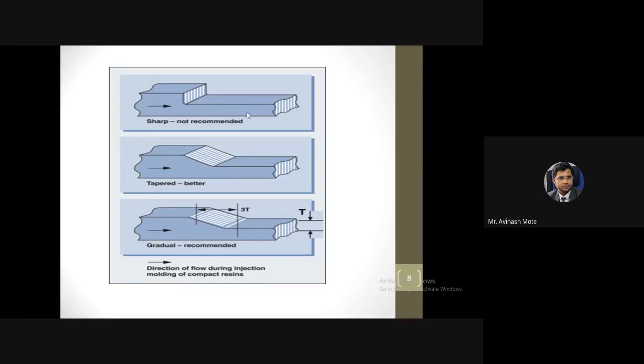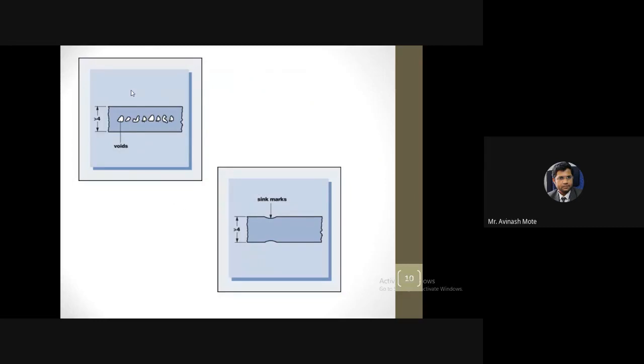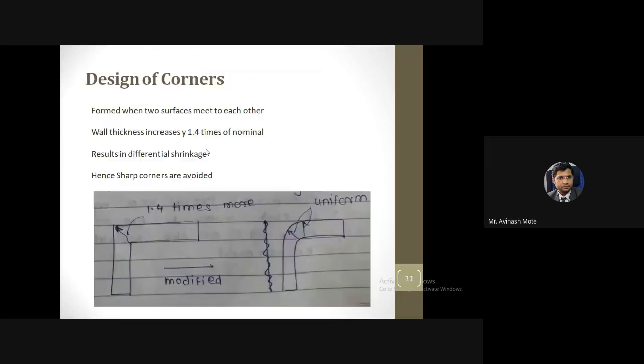There should not be an instant change in wall thickness. Rather, you should go for a gradual change in wall thickness. The reason I told you: if there is an instant change in wall thickness, the cooling rate will change instantly, and then there is a problem of distortion and crack formation. Getting it? Because at the first point there is a different cooling rate, and at the immediately next point a totally different cooling rate, so at the cross section there is a possibility of distortion. Even larger wall thickness will have issues, voids or sink marks.